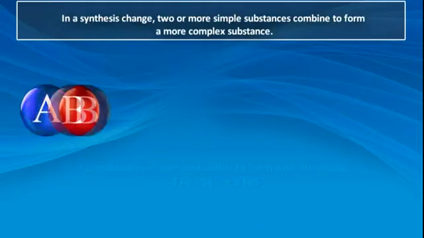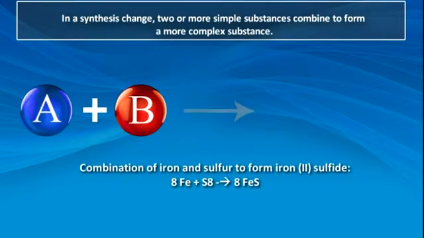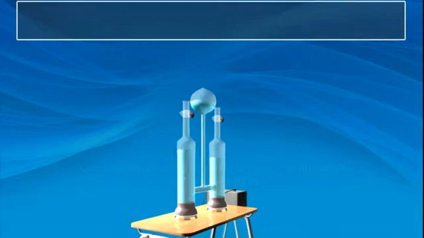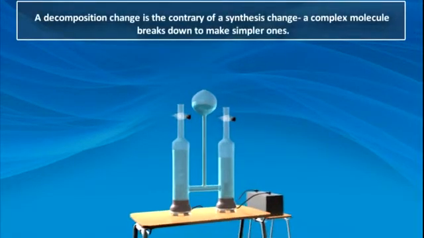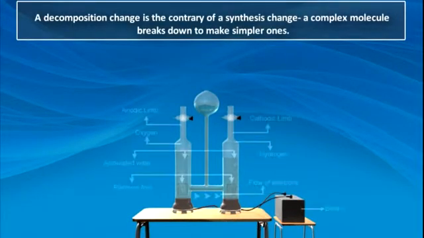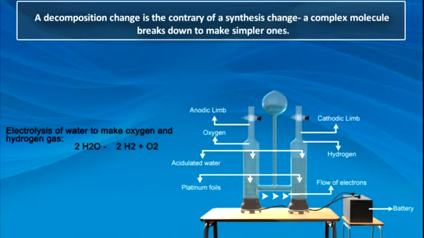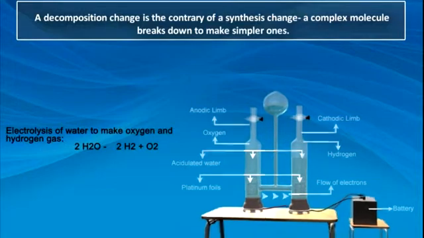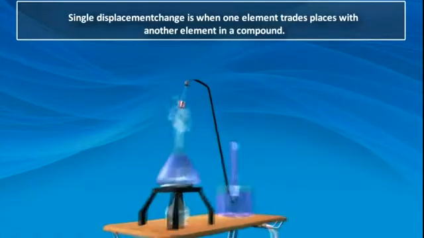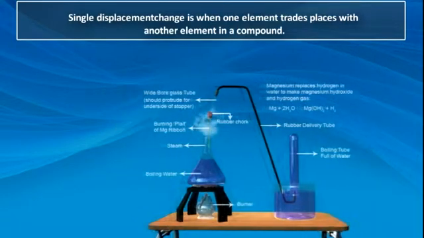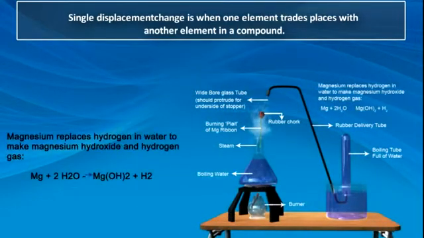A synthesis change is when 2 or more simple compounds add to form a more complicated one. A decomposition change is the opposite of a synthesis change, where a more complex substance breaks down into its more simple parts. A single displacement change takes place when an element or ion moves out of one compound and into